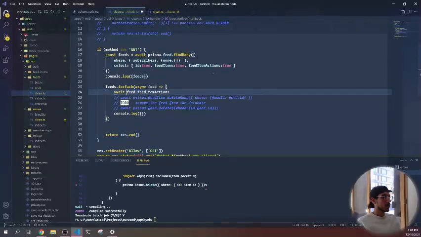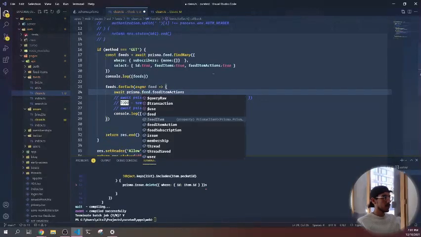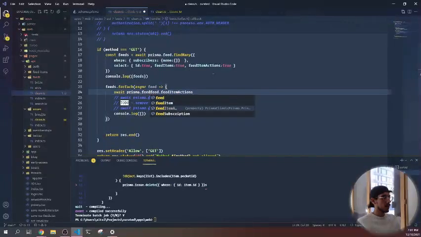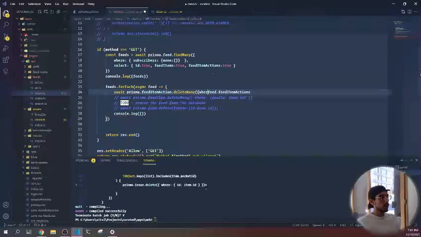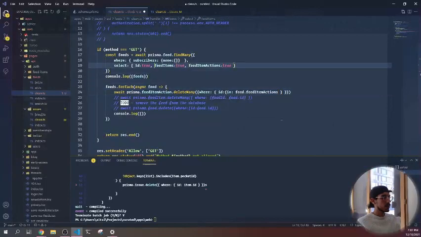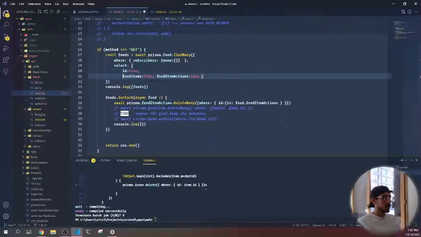And can we do await prisma.feedItemAction.deleteMany where, let's say, ID in this, and so the select is going to be more complicated than that. ID true,